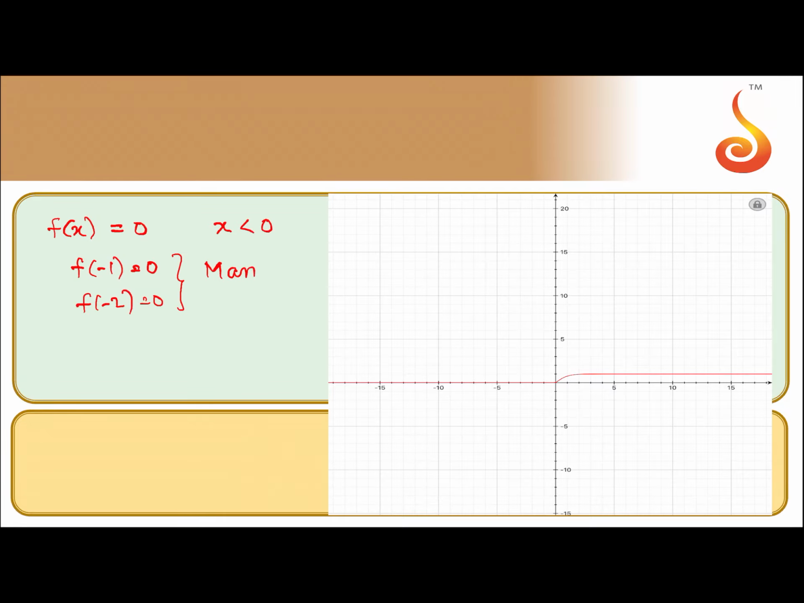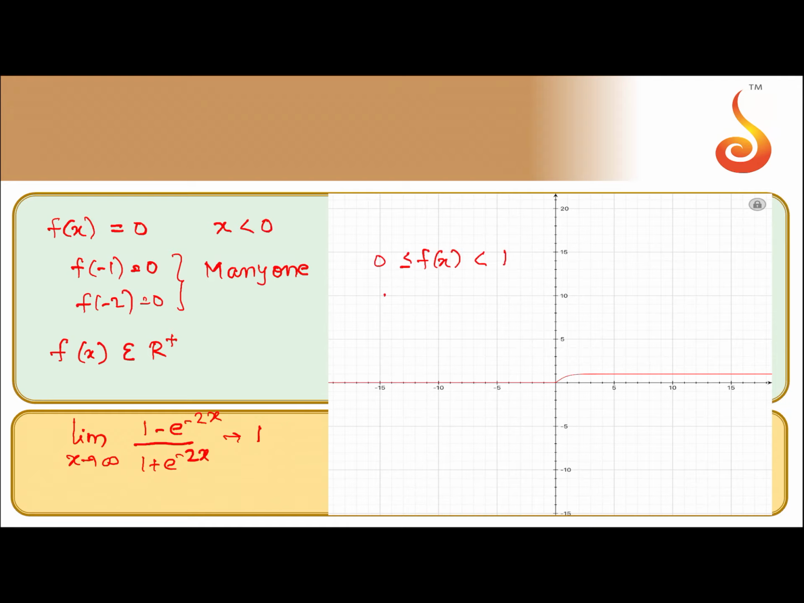You can observe f of x belongs to positive real numbers. Another thing we observe, the limit as x extends to infinity, this can be written as (1 minus e to the power minus 2x) upon (1 plus e to the power minus 2x), will tend to 1. So what we observe is f of x is greater than or equal to 0 and less than 1. So therefore it is many-one